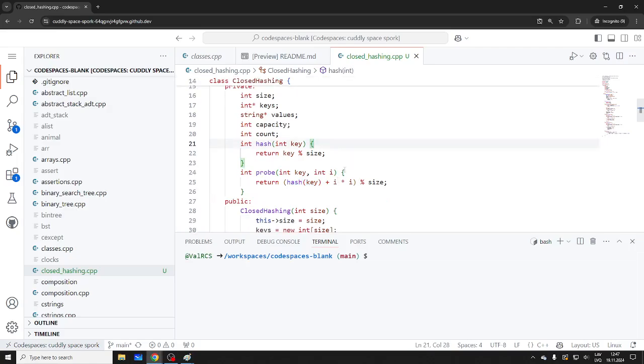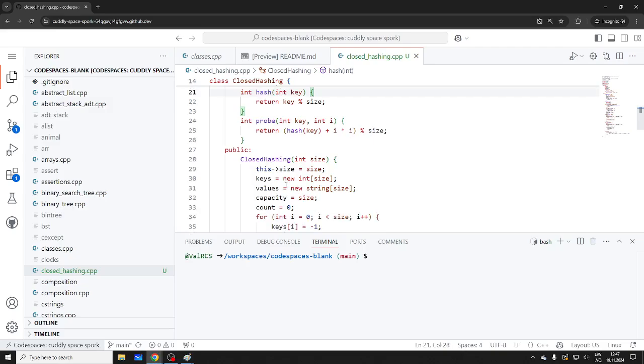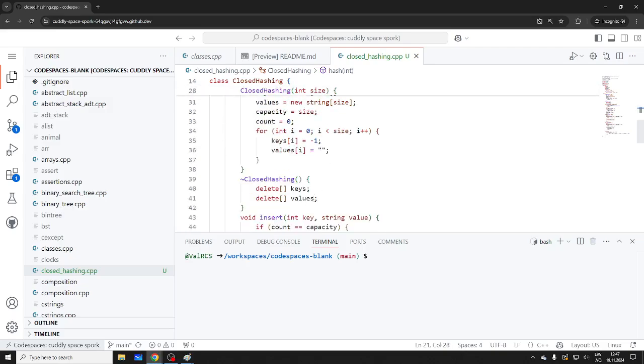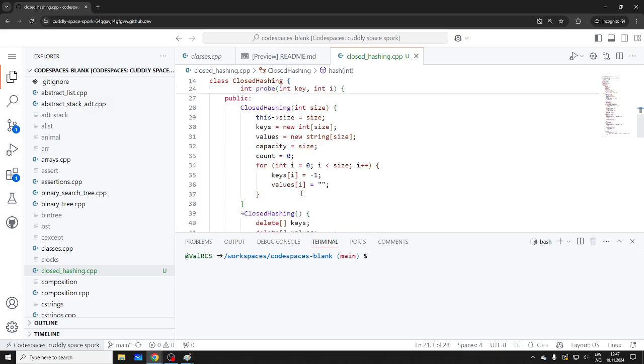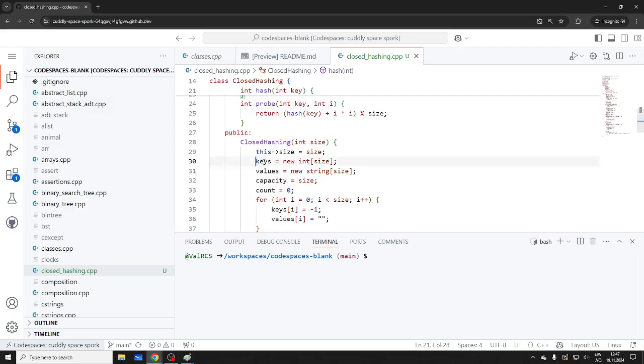So quadratic probe, right? Closed hashing. New, right? Is there going to be a destructor? Delete keys, delete values. Okay, super, right? So we save the data underneath. There's an array of strings and an array of keys, right? Looks like this. So what's happening?